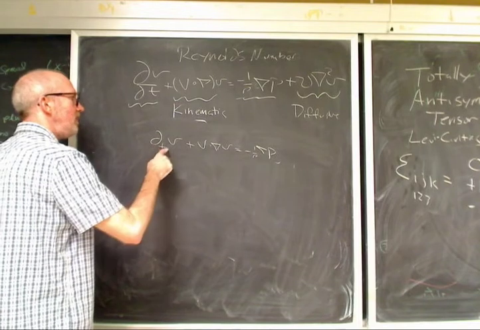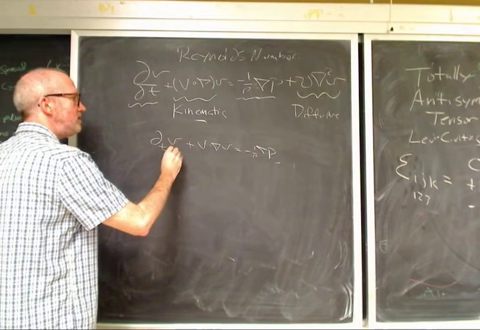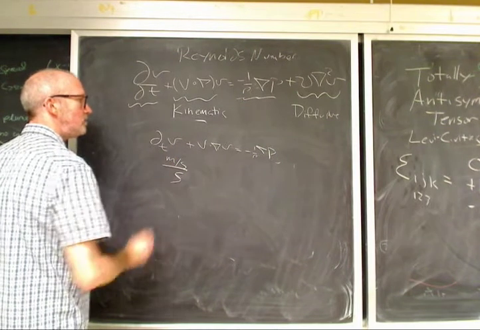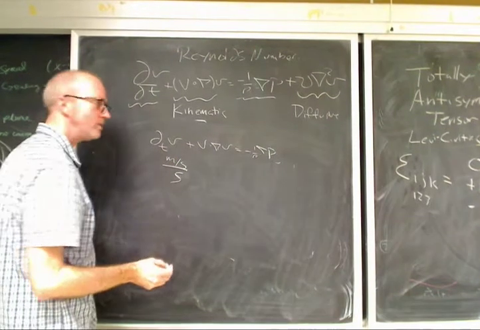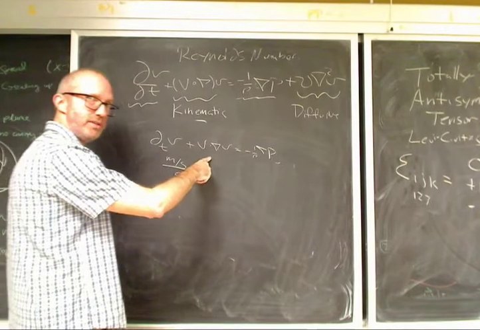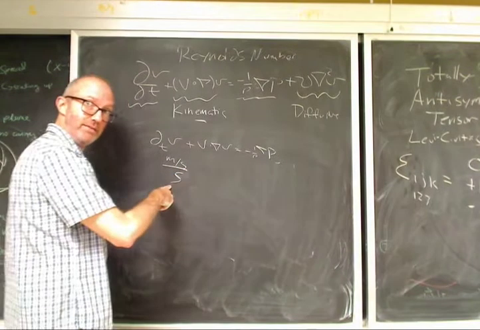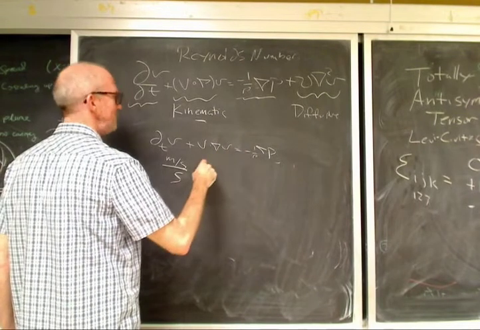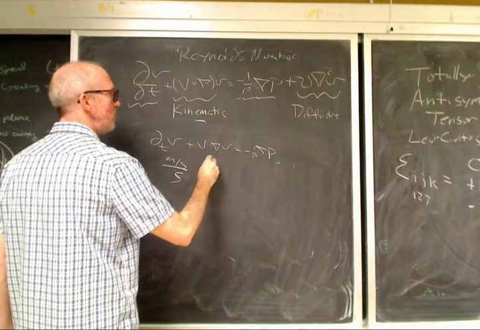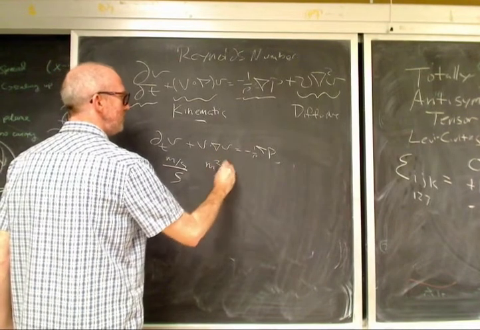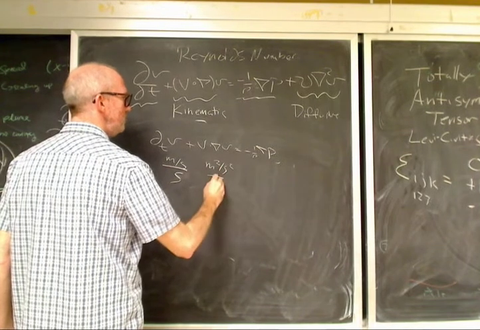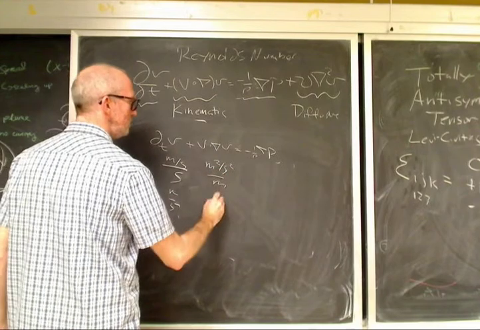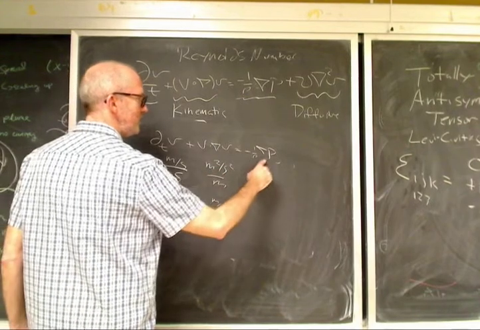I'm going to say, let's look at what the units are doing. This is in meters per second per second. What are the units on this one? Pro tip, you don't have to think very hard because it better have the same units as the first term. This is in, okay, so I've got two velocities. That's a meter squared. I got a meters squared per second squared per meter. Okay, so this is in meters per second squared. This one is also in meters per second squared. And this one,